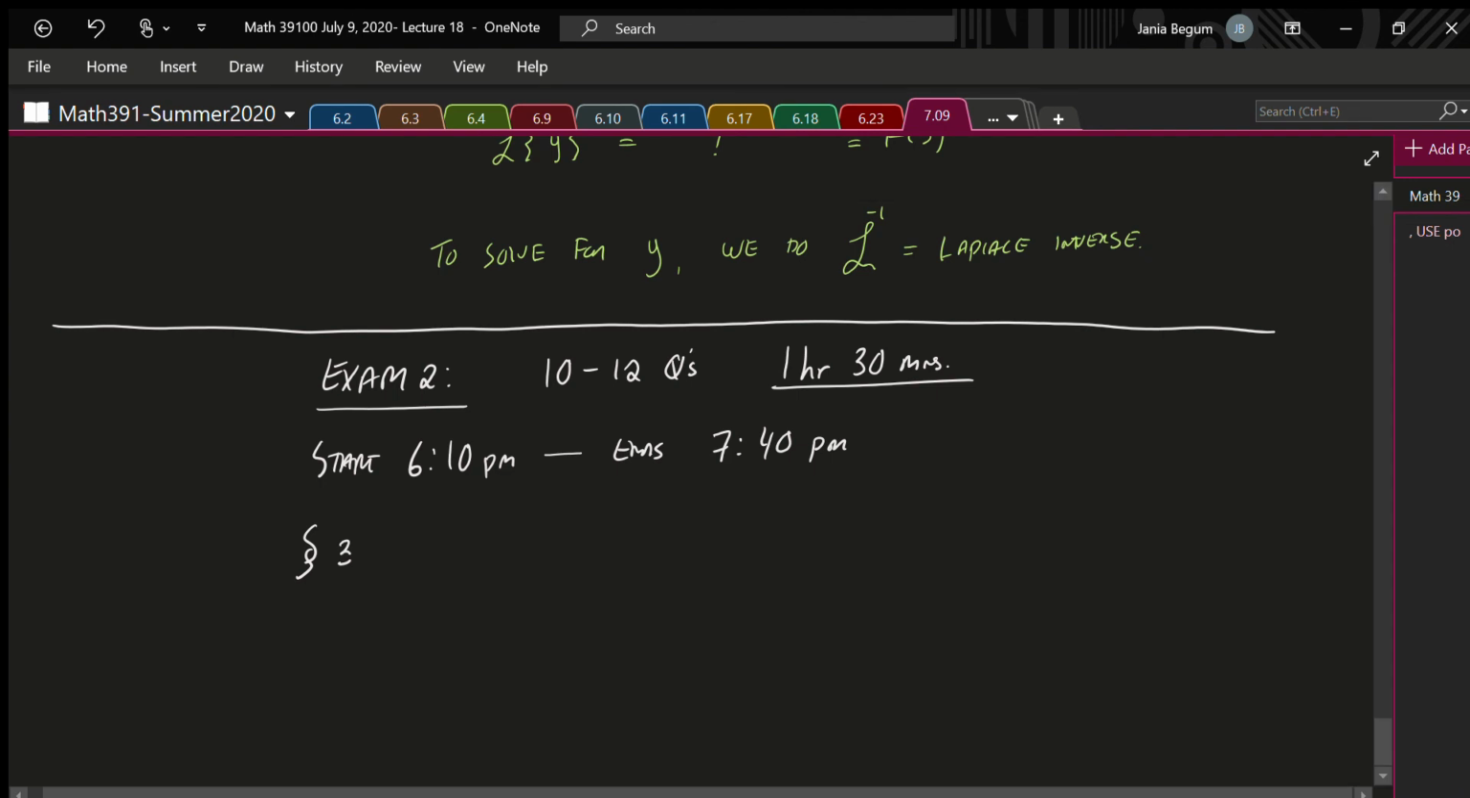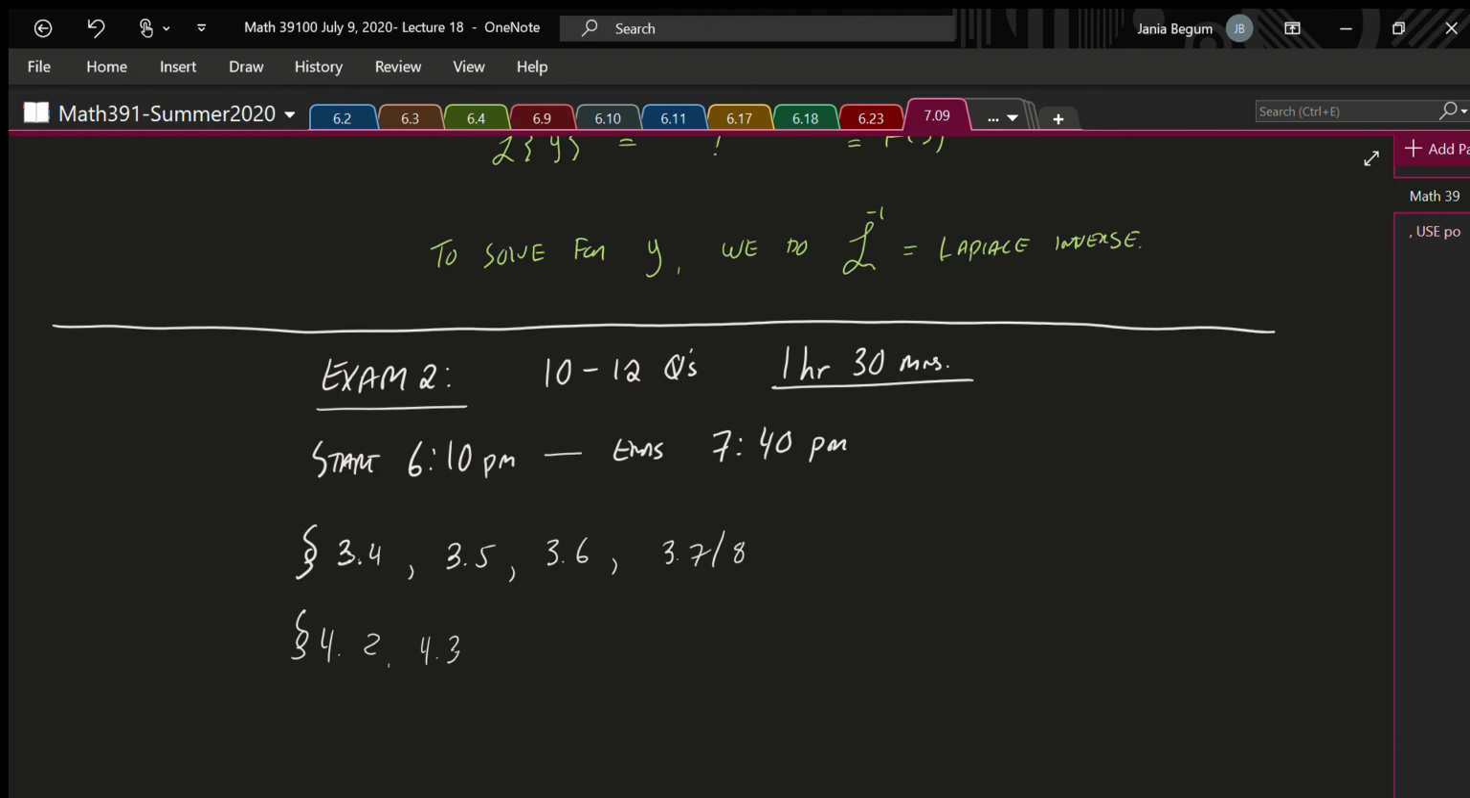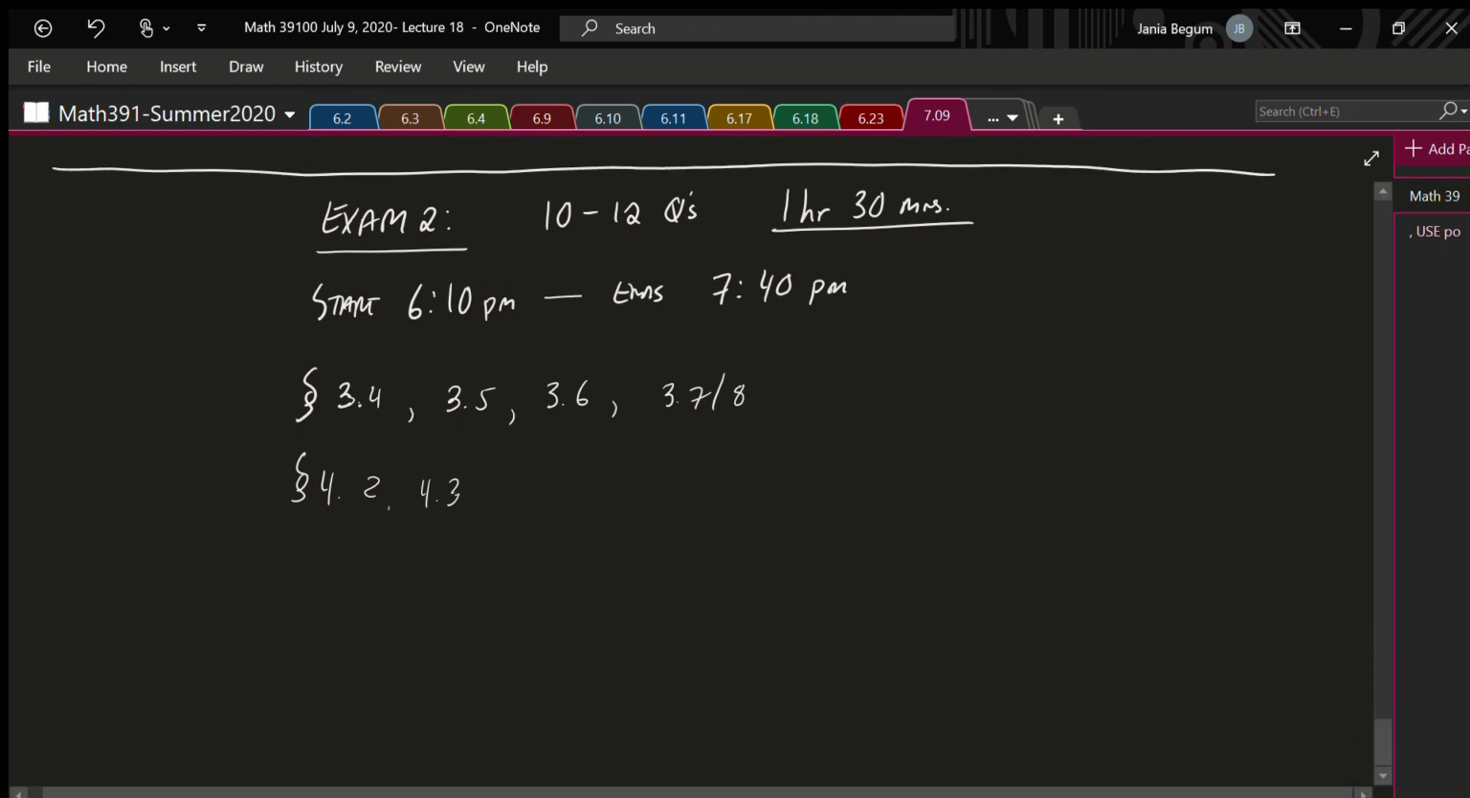So 3.4, starting with Euler equation, and then 3.5, 3.6. 3.6, we talked about variation of parameters, and then we had 3.7 and 8, that was spring problems. And then from chapter 4, we have 4.2 and 4.3, where we talked about higher order differential equations and undetermined coefficients as well. And then slowly we moved on to chapter 5, so 5.1,